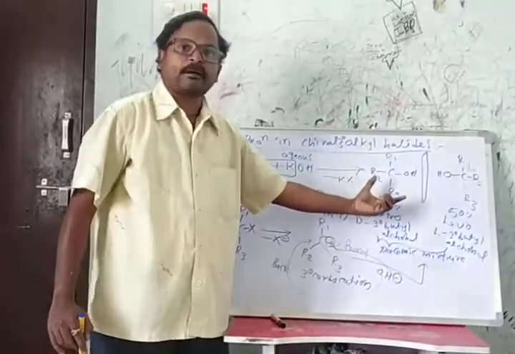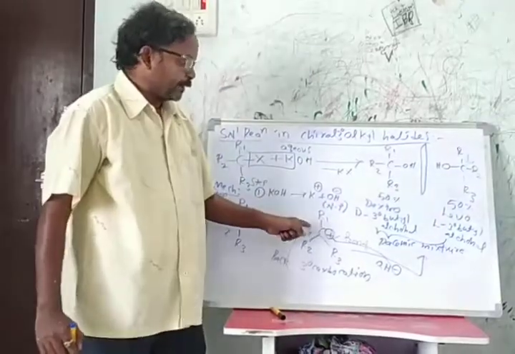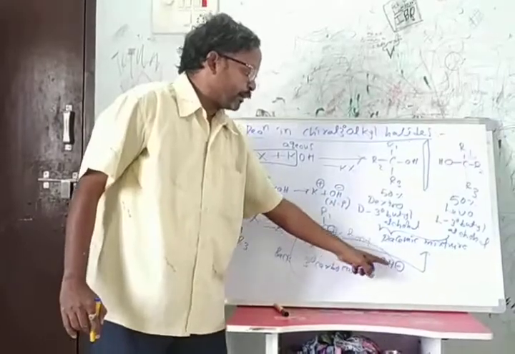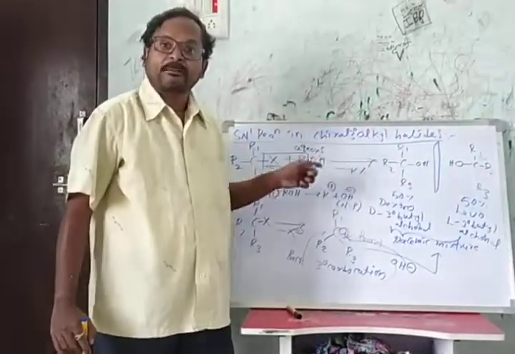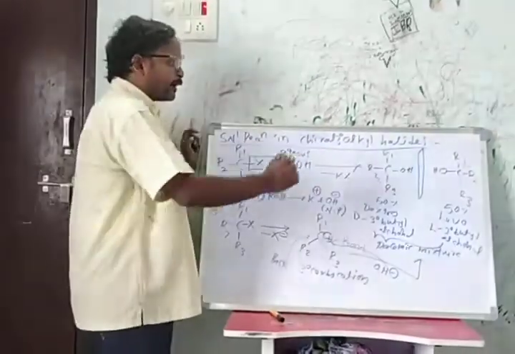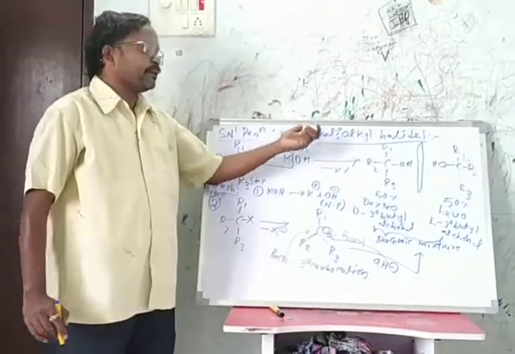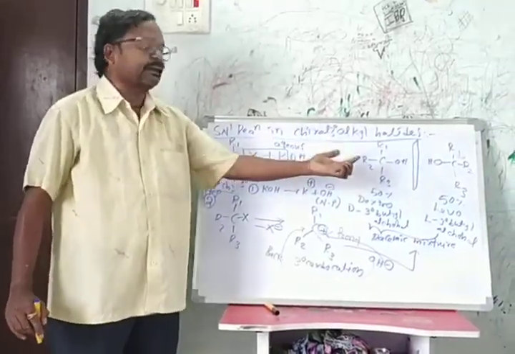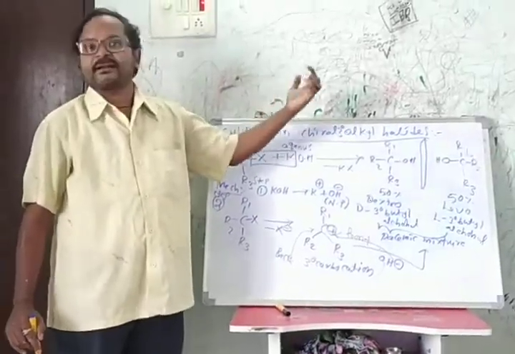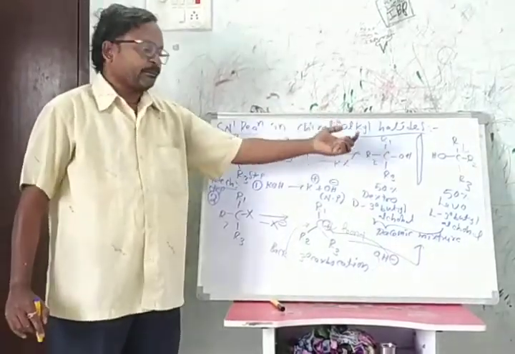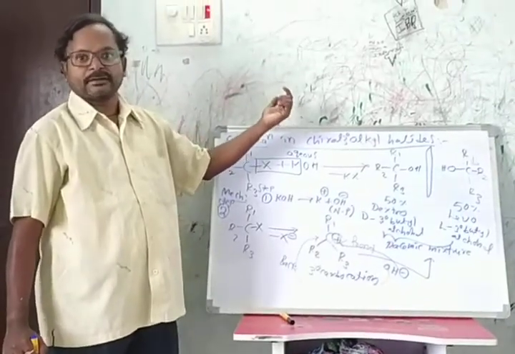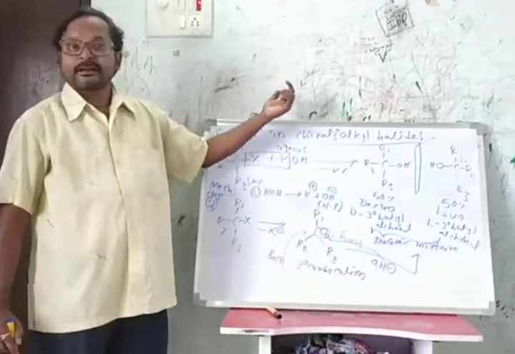Why is a racemic mixture formed here? One reason is that it is a planar, asymmetrical carbonium ion, and one more reason is that the OH minus ion attacks from the front side and back side of the carbon. So we will get the racemic mixture. In the presence of a chiral tertiary alkyl halide, we will get the racemic mixture. Here, a racemic mixture of alcohol. Yesterday we discussed the SN1 reaction, in the last video, where we get the retention product.